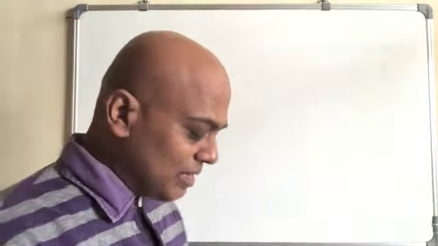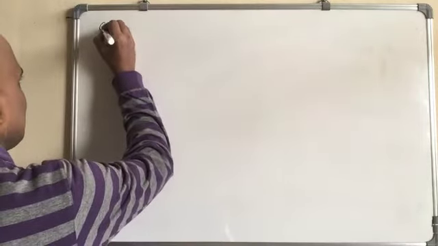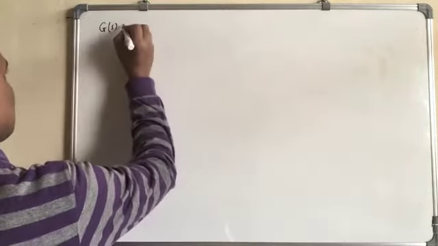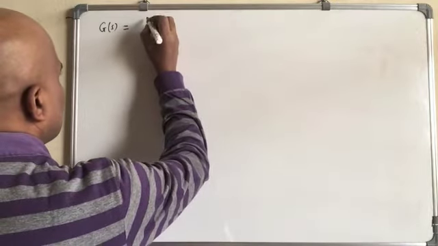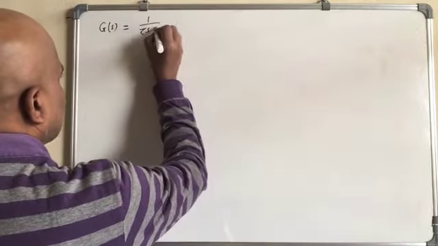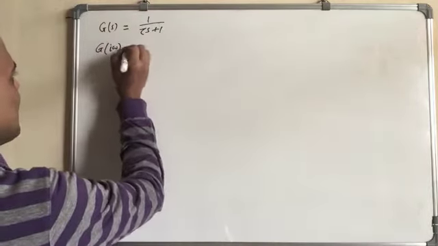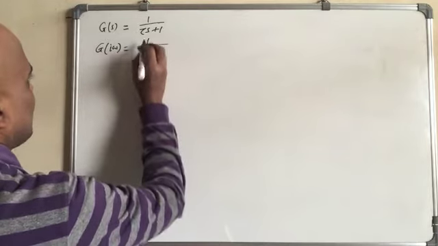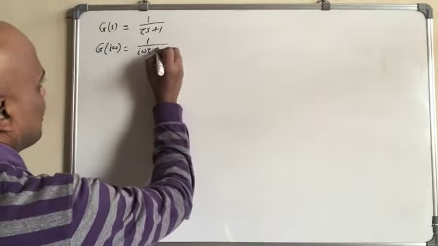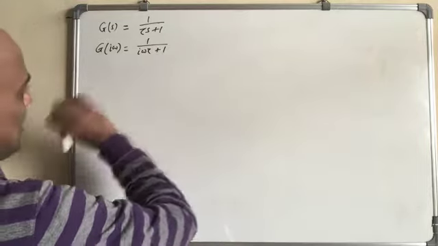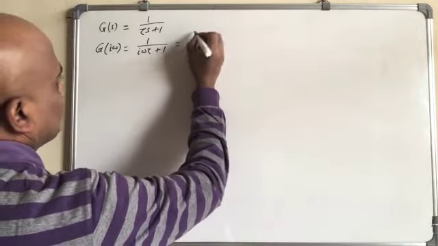Now let's look at the first order system. The system will look like G(s) equal to, let us say, 1 over τs plus 1. This is a first order system, and hence G(iω) is given by 1 over iωτ plus 1, which is equal to